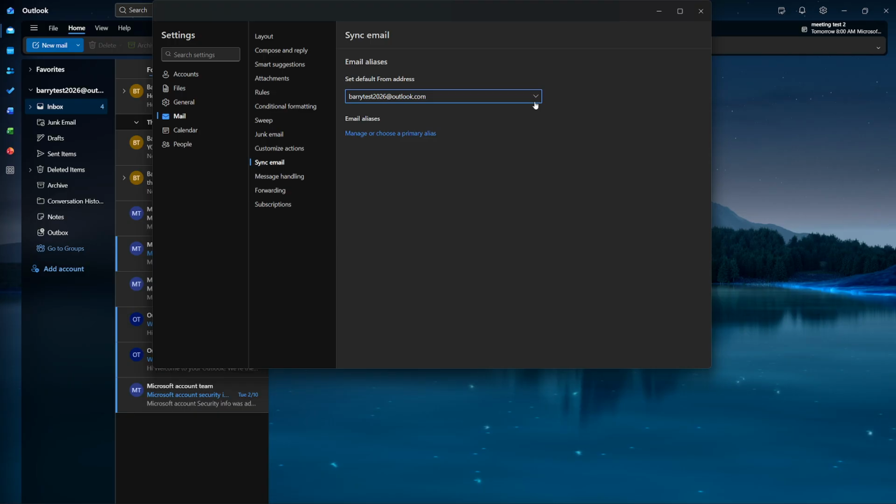that's the reason. To confirm what you're using on a Windows desktop, open Outlook and go to File, then Account Settings, and again, Account Settings. In the Email tab, look for the Type column next to your account. If it says Exchange or Microsoft 365,